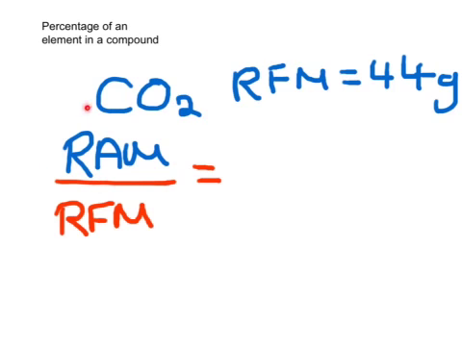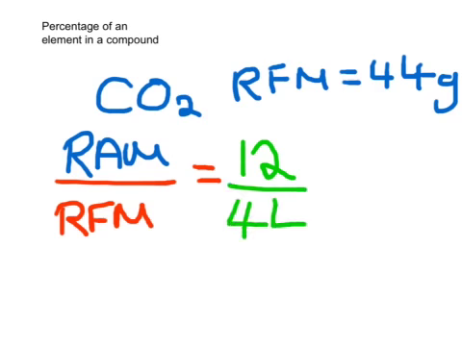So in this case we were talking about carbon, and you would divide it by the relative formula mass of the compound that you have. So remembering that carbon has a relative atomic mass of 12, and the relative formula mass of carbon dioxide is 44. So you would do 12 divided by 44,